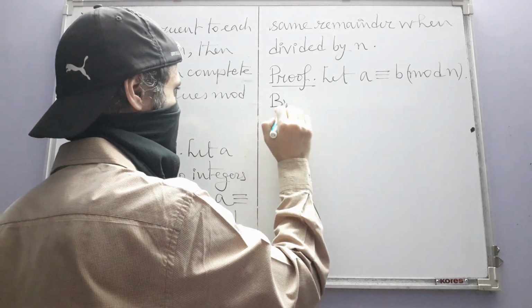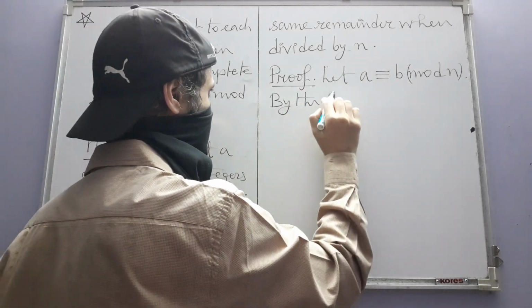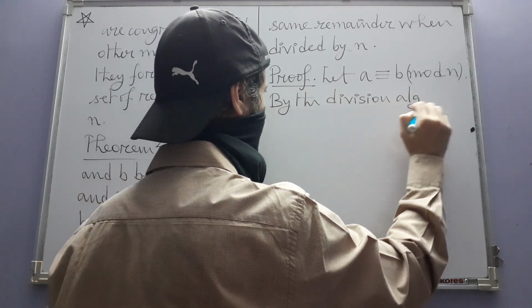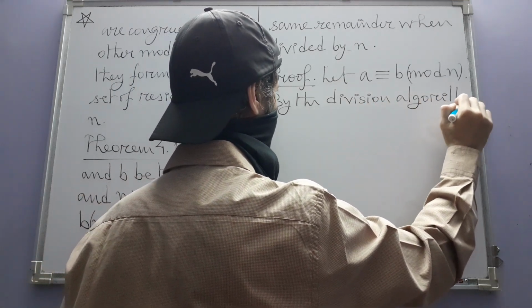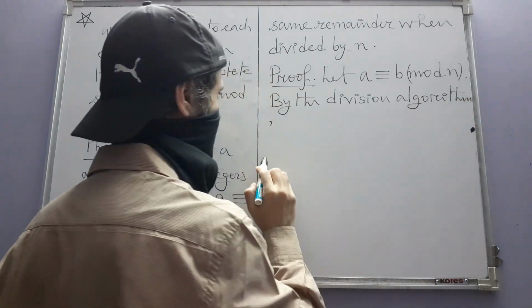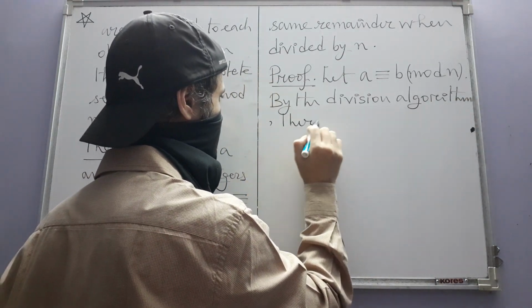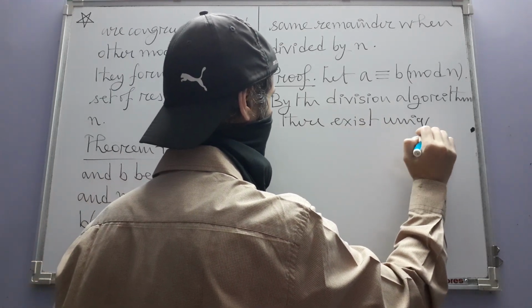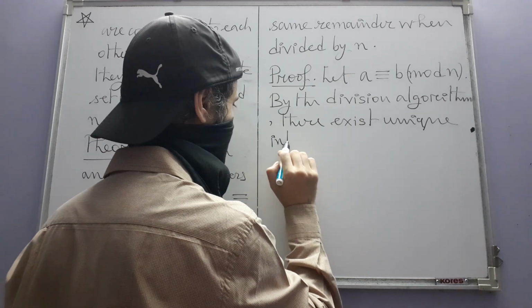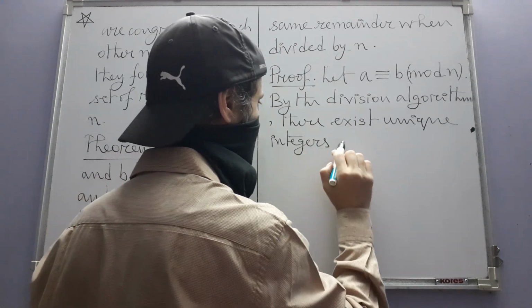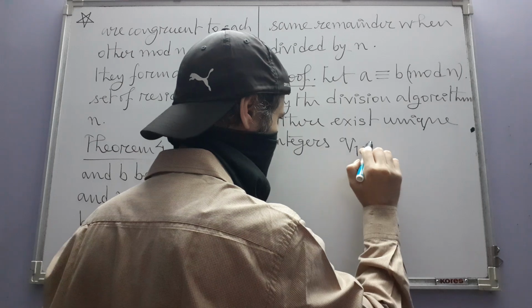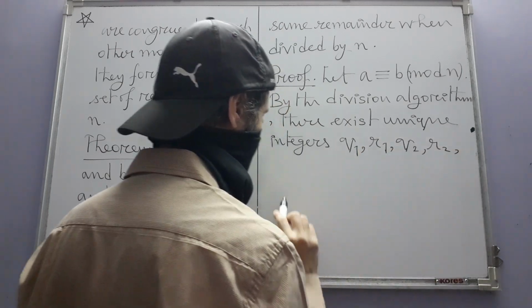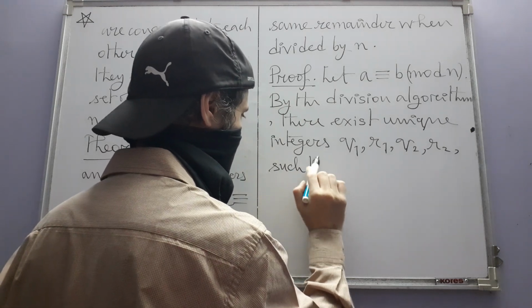Now, by the division algorithm, there exist unique integers Q1, R1, Q2 and R2 such that